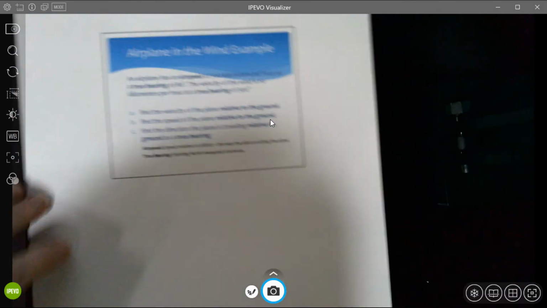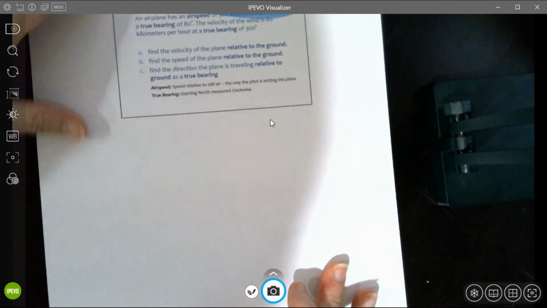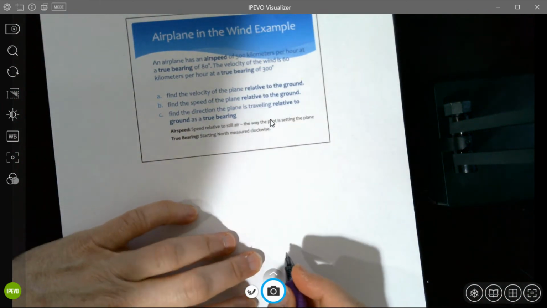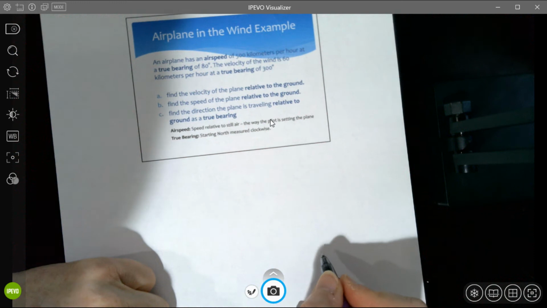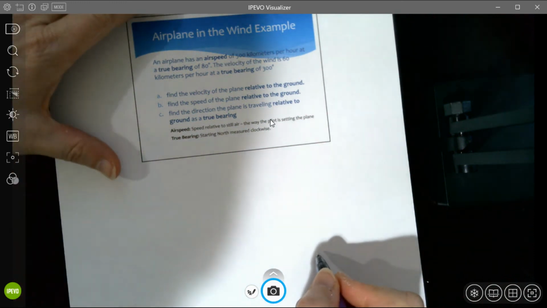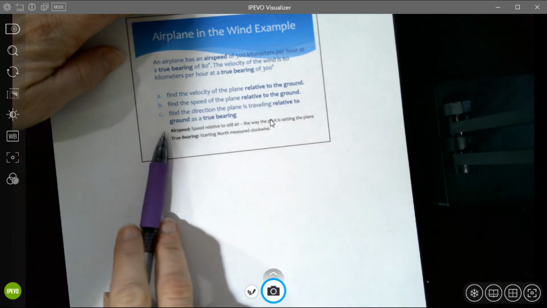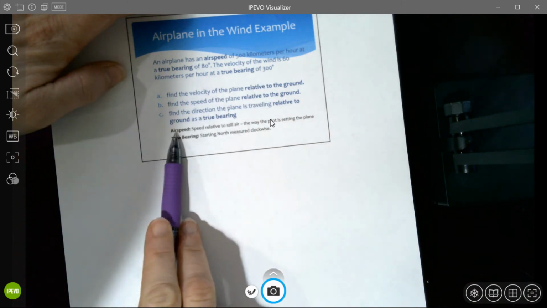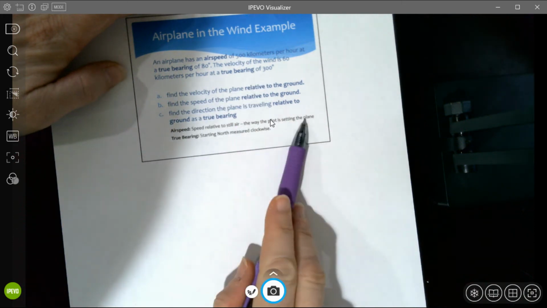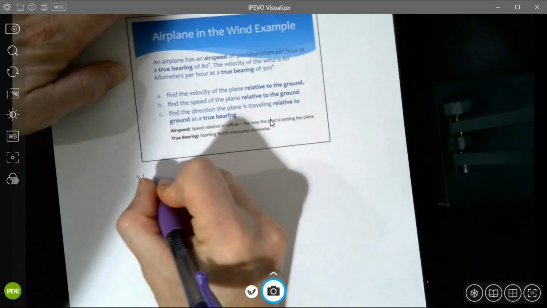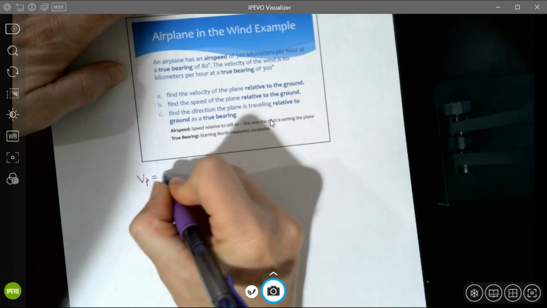Okay, now we're going to try another example. This is an airplane in the wind example. Okay, an airplane has an airspeed of 500 kilometers per hour at a true bearing of 80 degrees. Let's go back, that true bearing and airspeed. Let's go look down here. Airspeed is speed relative to still air, the way the pilot is setting the plane. Okay, so we know that the plane can go 500 kilometers per hour,